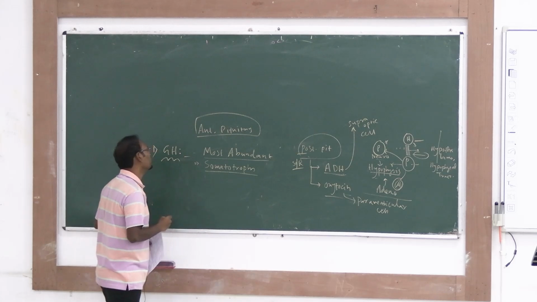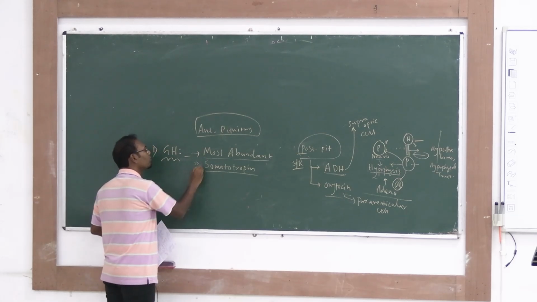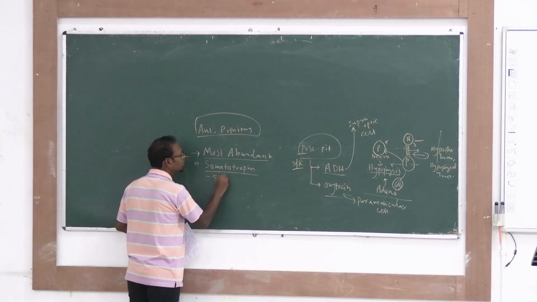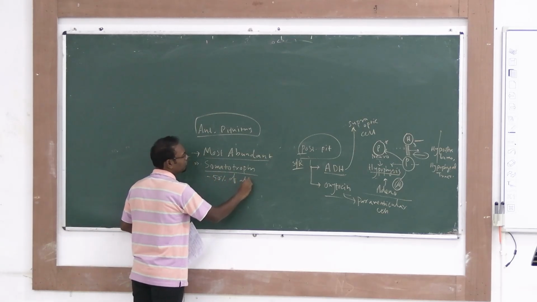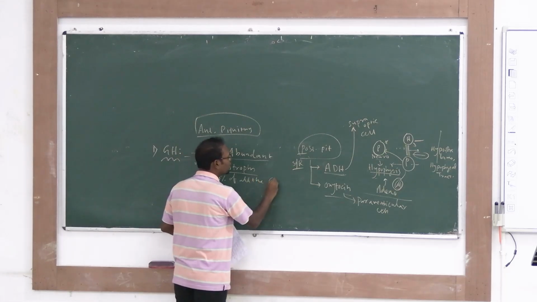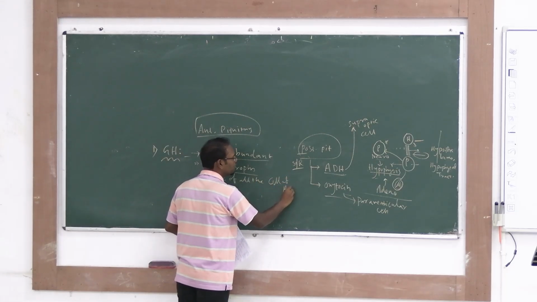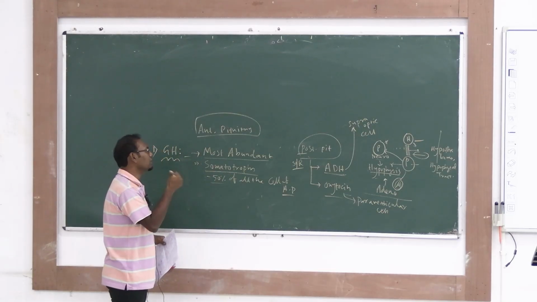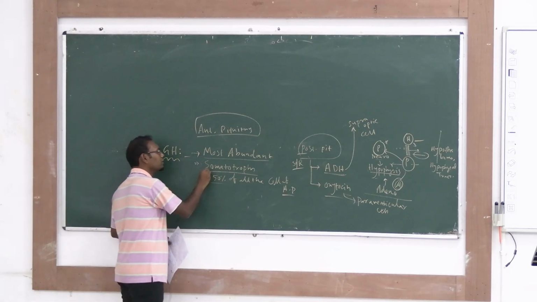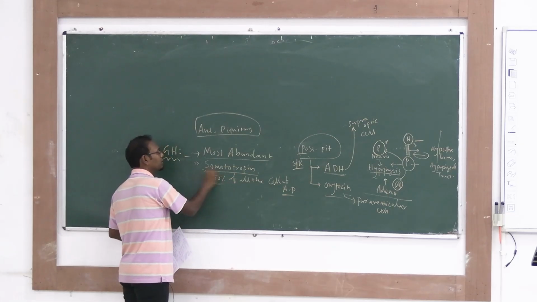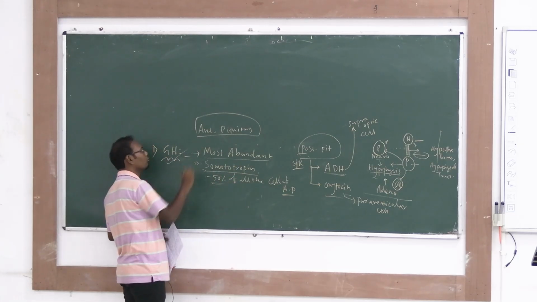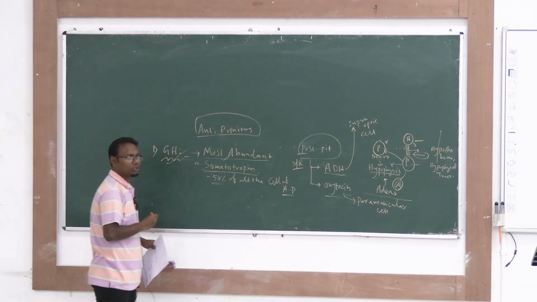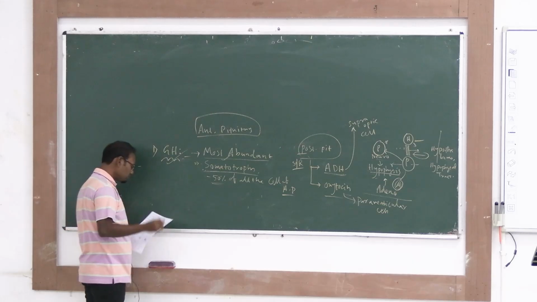Okay, most abundant hormone in anterior pituitary, released from cells also called somatotrophs. These somatotrophs are 50% of all the cells of anterior pituitary. Only 50% are somatotrophs, and all the other hormones are released from the other 50% of cells. 50% of anterior pituitary cells release this growth hormone. That's why this is most abundant, because the most cells release it. Okay, so these things you have to know.